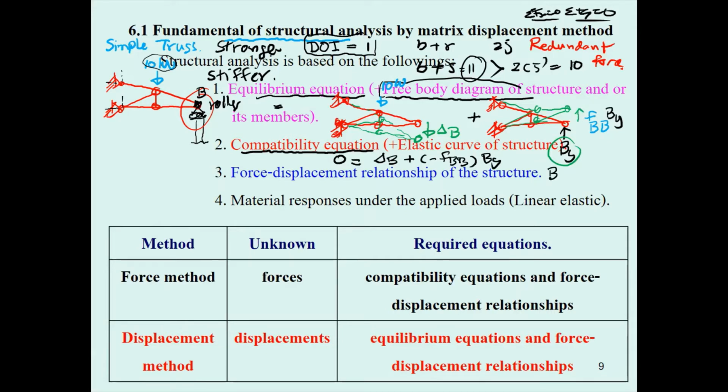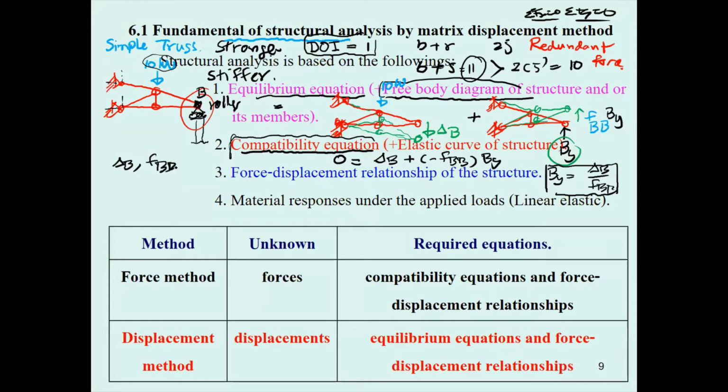So you get the equation B sub y equal to delta sub B divided by f sub bb. That is going to be the compatibility condition. To determine this, you must use your knowledge to determine delta sub B and f